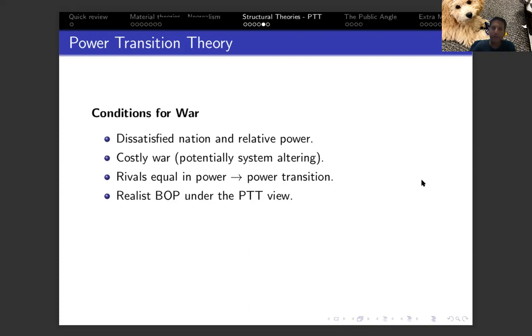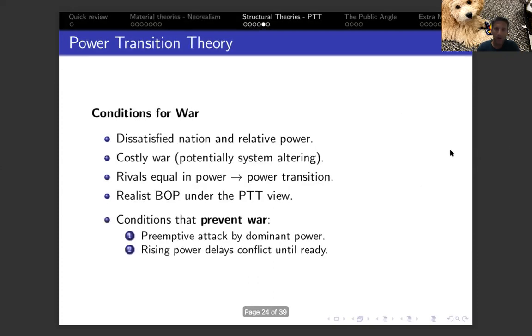There are two conditions which make a war of what's called the system-altering type less likely. One of them is that the dominant power does not wait for the power transition period to begin. It will actually preempt this kind of risk and attack the weaker state that is likely to challenge it. That's also some kind of conflict described by the power transition theory, but this is not the costly war which might happen when both of those nations are